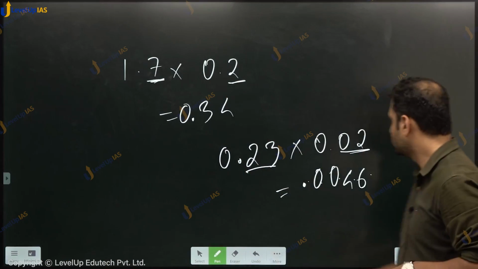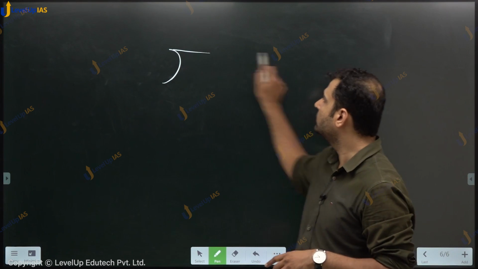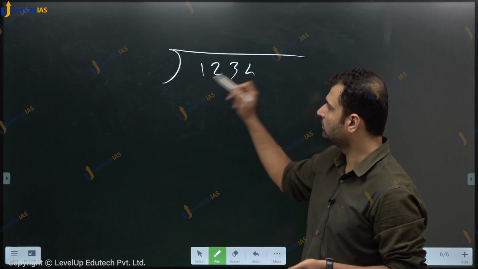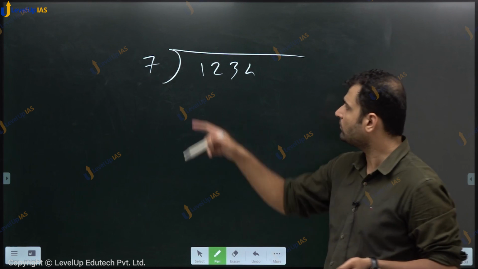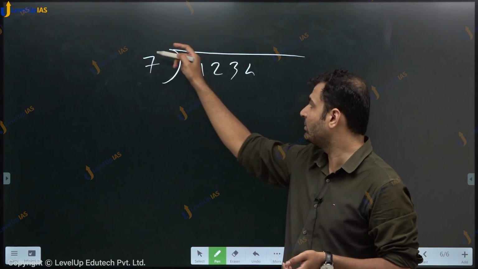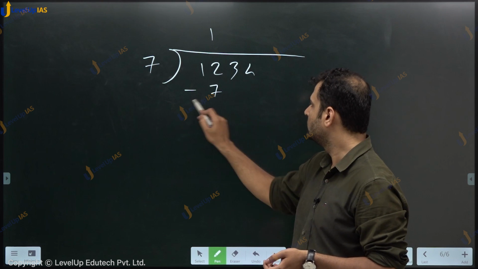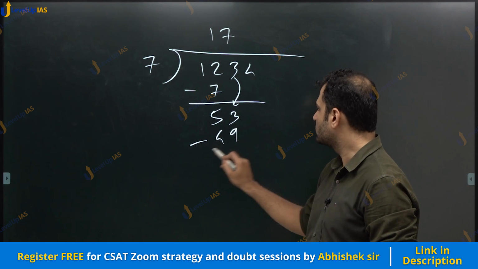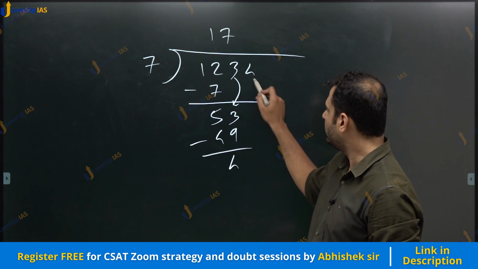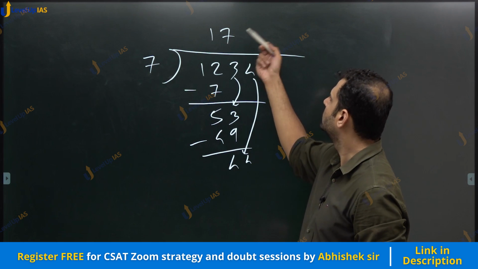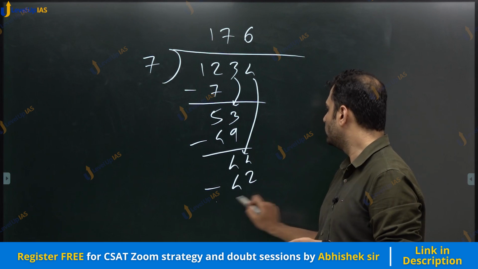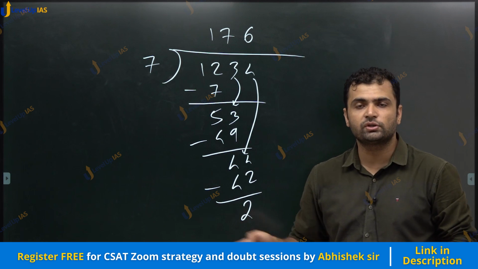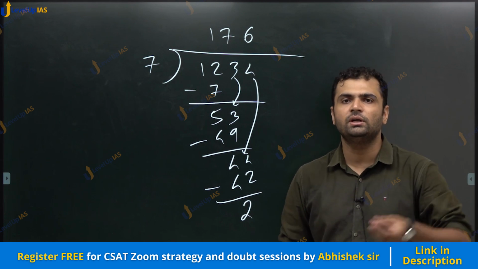Now again, I hope you were familiar with the long division process. If you want to divide any number, let us say 1234 by, let us say 7, what do we do? We look at this number 12, we divide by 7. 7 ones are 7, you get 5. You take 3 from here. 7 sevens are 49. Minus 49, you get 4 from here, subtraction, and then this 4 comes here. Then 7 6s are 42. You get 2 as remainder. Right? This is how we do. I hope you are familiar with this long division process. If not, again take a few questions, solve on your own and check.